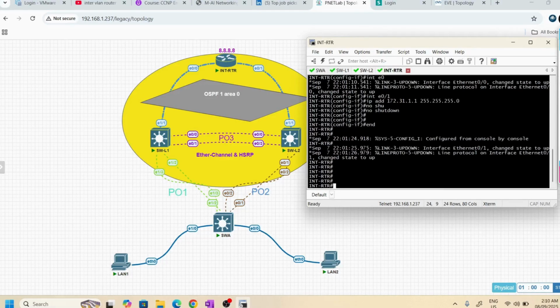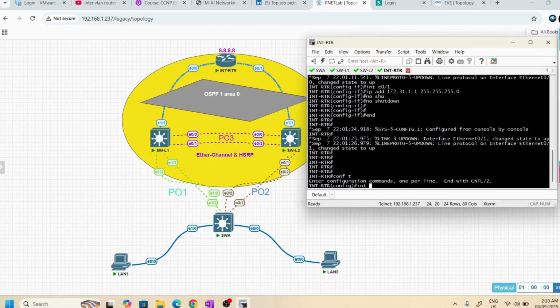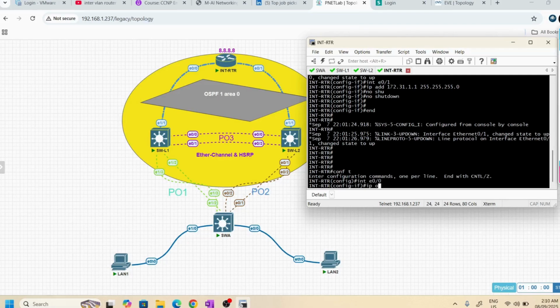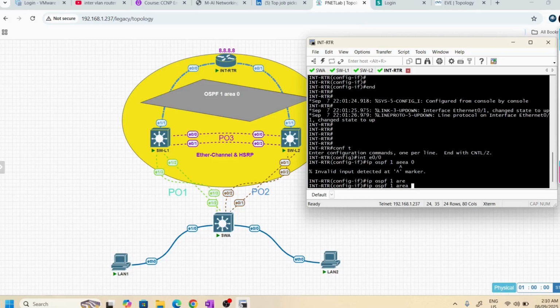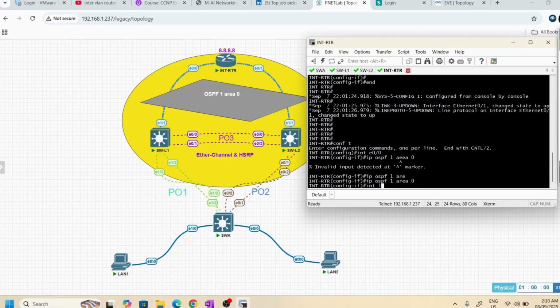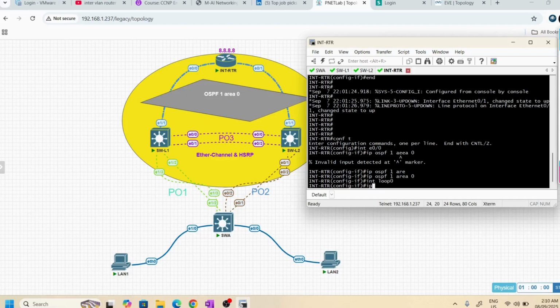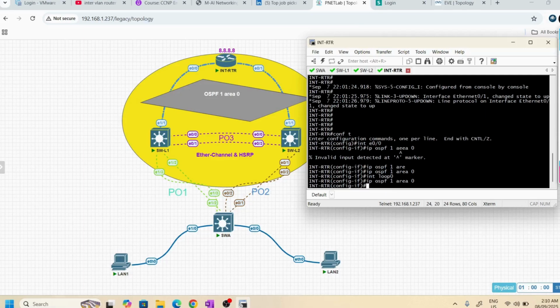Interface E0/0, IP OSPF 1 area 0. Interface loopback 0, IP OSPF 1 area 0.